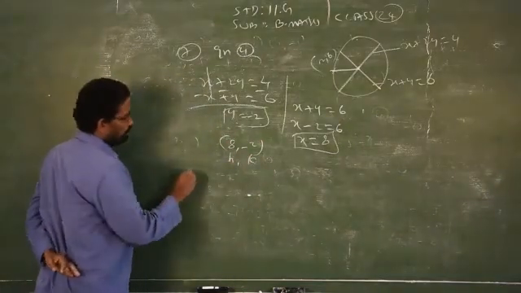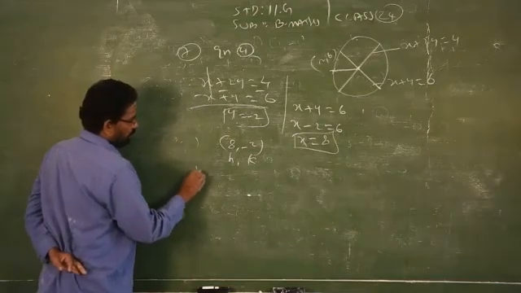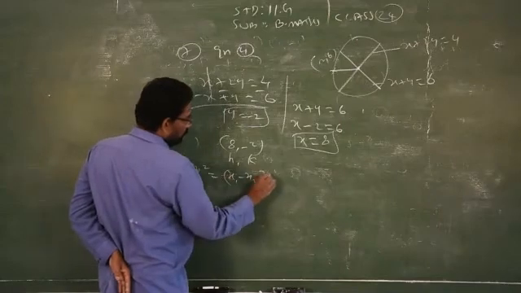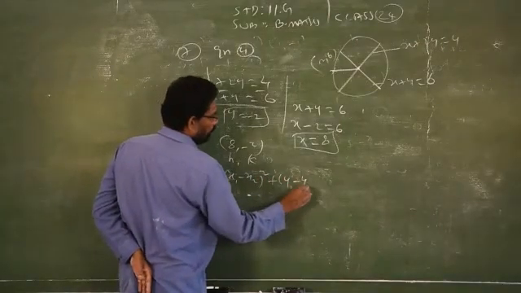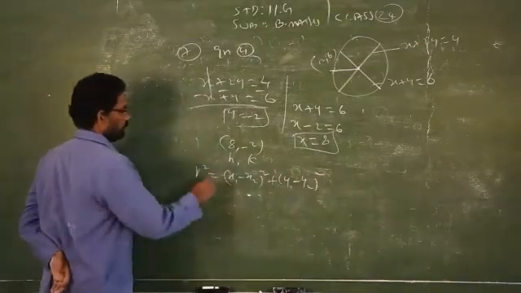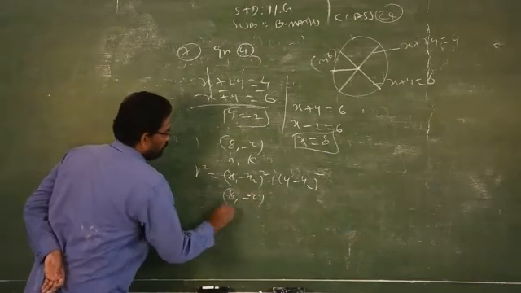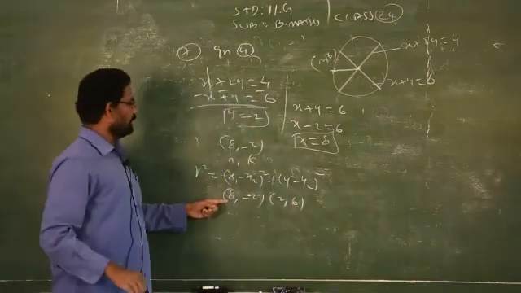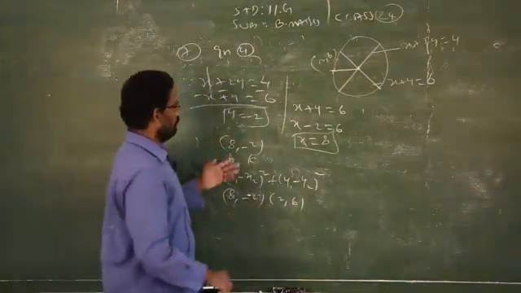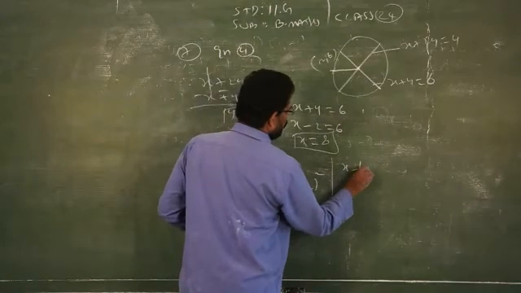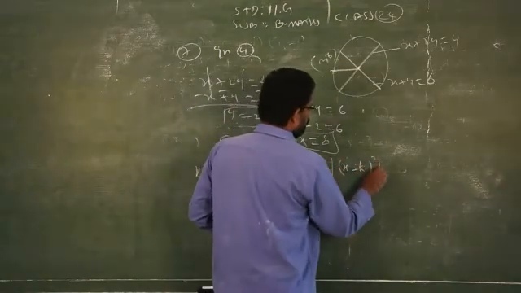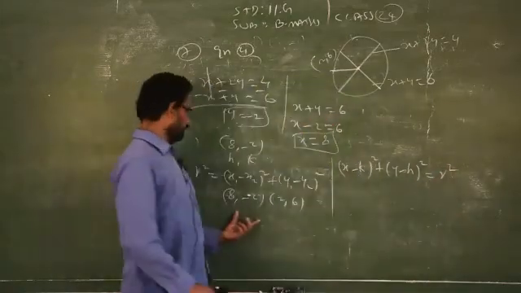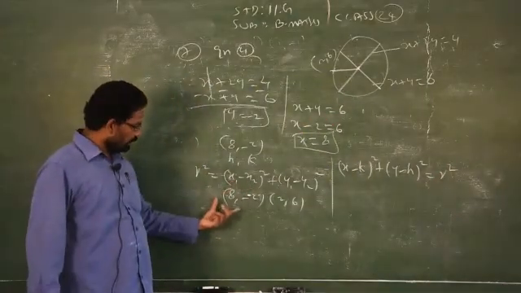Now you have to find the radius, that is r square is equal to x1 minus x2 the whole square plus y1 minus y2 the whole square. So what are the points that you have to take? 8 comma minus 2, and the passing through point is already given, 2 comma 6. Find the radius, then apply the formula, that is x minus h the whole square plus y minus k the whole square is equal to r square. Clear? So apply this formula to find radius.